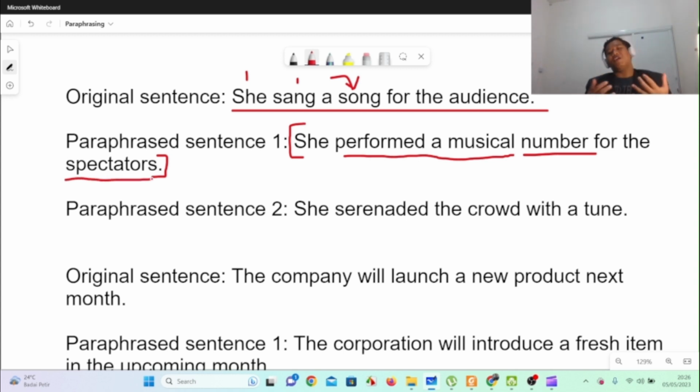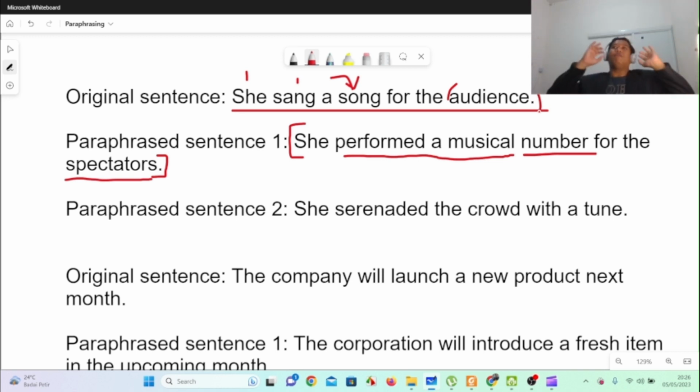So spectators and audience can be slightly different, but in the case of paraphrasing, it's not that significantly different, right? Audience is the general term that you will use when you have a lot of people watching you, right? Spectators is the kind of word that you would usually use when it's kind of massive, for example, in a stadium, like watching football matches, etc. So they're not different, essentially. Now, in this case, it basically just changes the wording of the verb and also the object, which is audience here. So this is one type of paraphrasing that you can do.